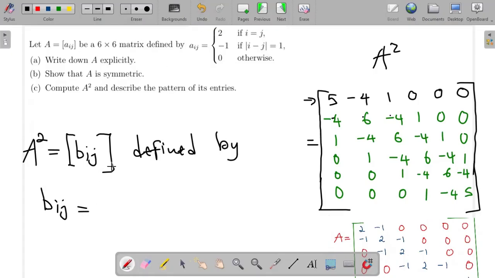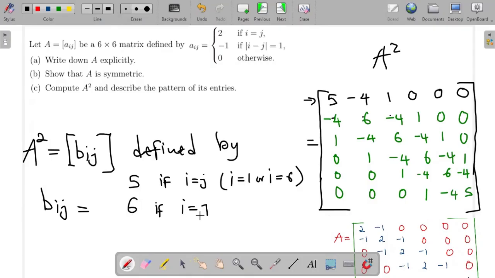So what I see there is that it is 5 if i is equal to j, but it's specific for those i's and j's. It's only a 5 if i is equal to 1, or if i is equal to what? To 6. That's what you can see. Because here, this is the first row, my i is 1. This is the sixth row, my i here is 6. So if my i is 6 or my i is 1, I'm going to get my entry there as just 5. And then it will be 6 if